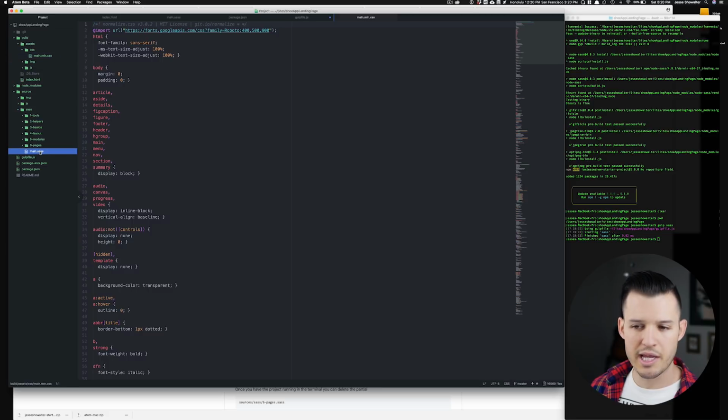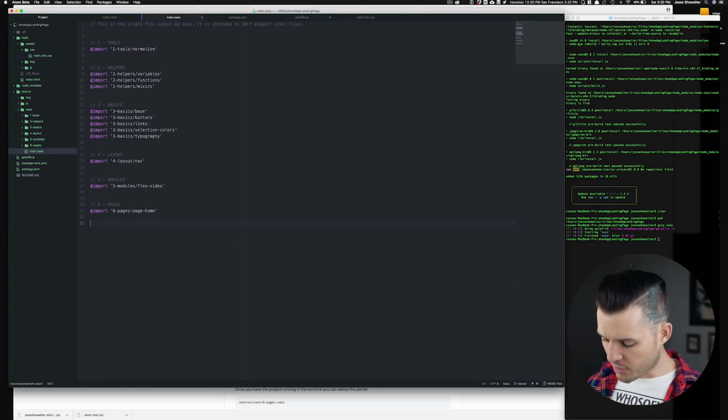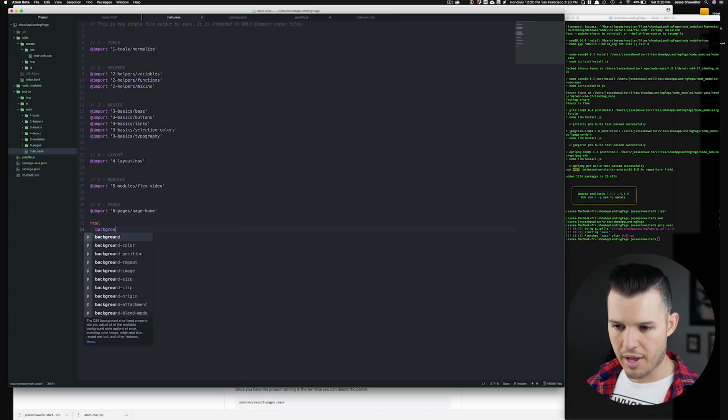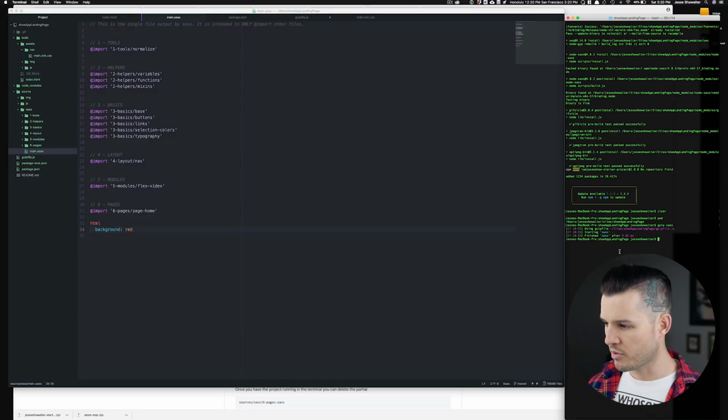So here's a test. I'm going to go into my main.css, and I'm going to write something. I'm going to write background. That doesn't make any sense. How about we write HTML? HTML, we'll write background, and we'll do the dreaded red color. And then we'll come back to our terminal. I'm going to press up on the keyboard to repeat the previous statement. I'm going to run Gulp Sass.